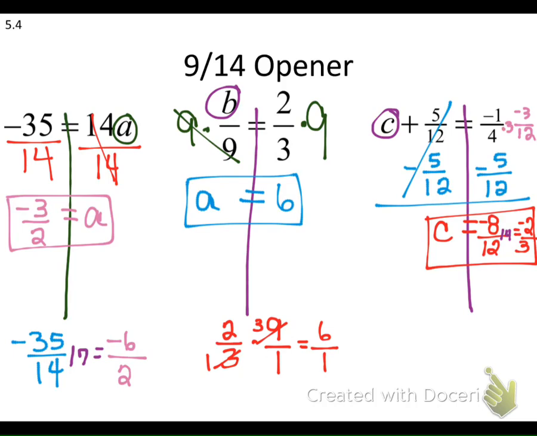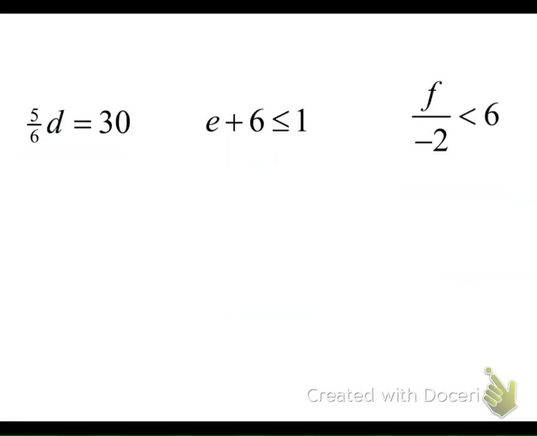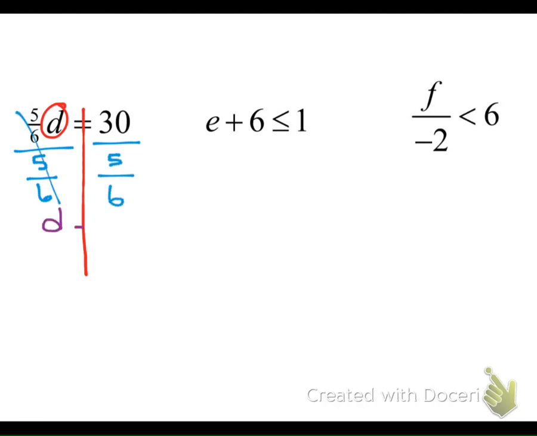All right, let's take a look at the back side. Circle my variable, draw my line of equality. So now I have 5/6 times d equals 30. In order to get the d by itself, I'm going to divide each side by 5/6. I'm going to cancel on my left, bring down my variable, my equal sign. Now with you guys, if you take 30 divided by 5/6 in your calculators, you're going to end up